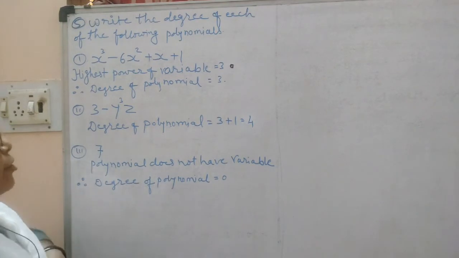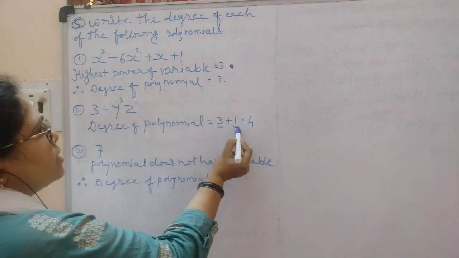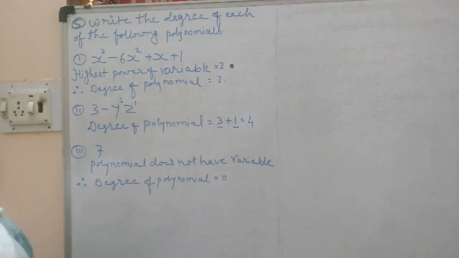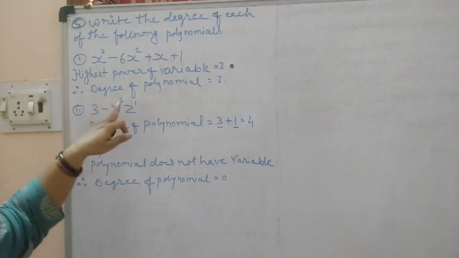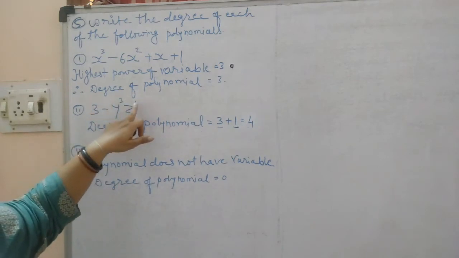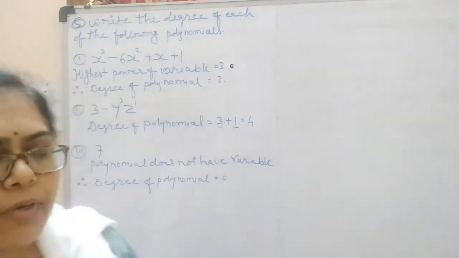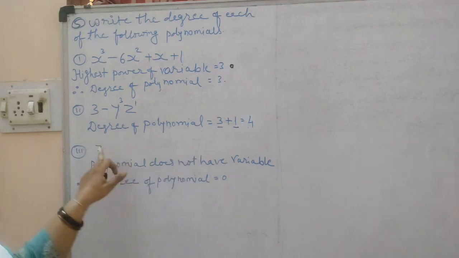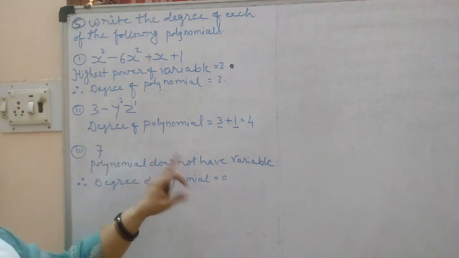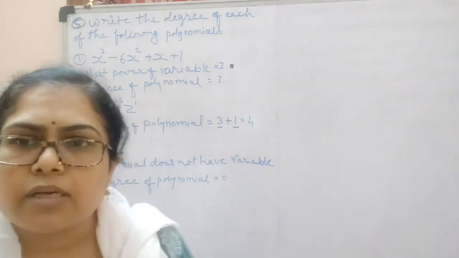So the degree of the polynomial is 3 plus 1, which means 4, because we have two variables y and z, so we have to add the powers of both variables. Okay, now the third is 7. The polynomial does not have a variable, so the degree of the polynomial is 0. Okay,